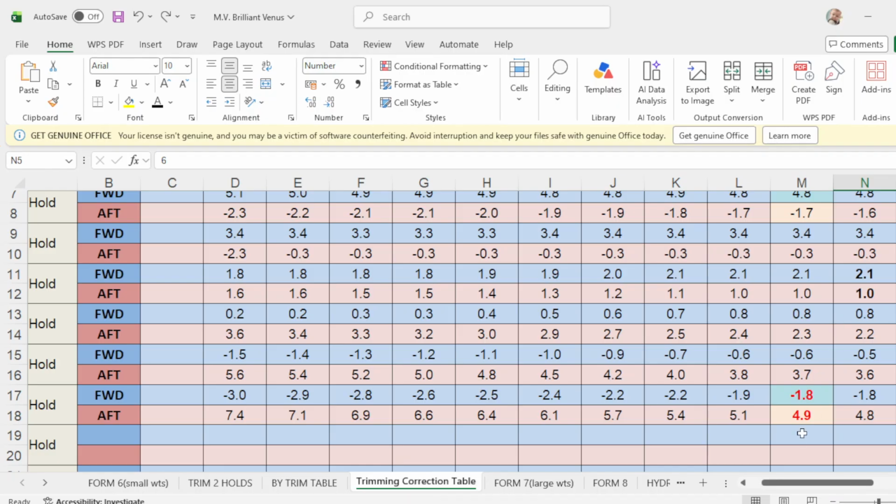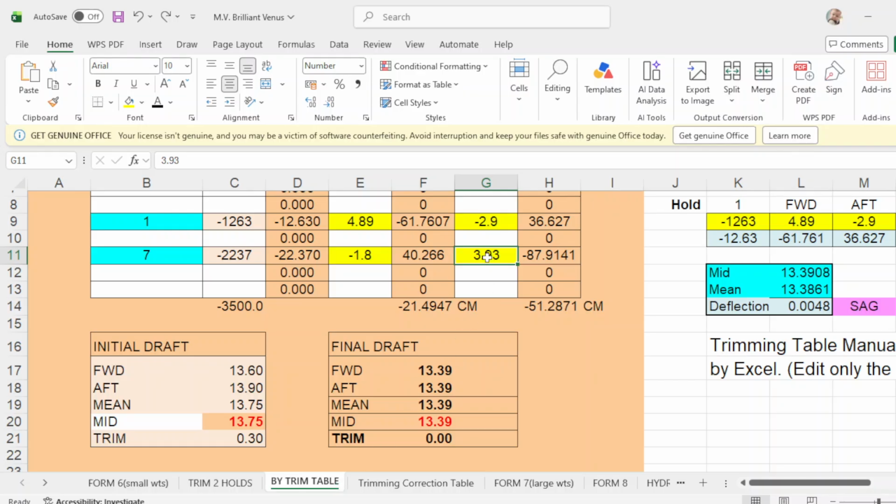It should be 4.9. Okay, make this 4.9. Take note of the up drop, it's 13.7. So adjust this one to 3.910. It's even keel. Okay, that will be program number 3, and now program number 4.